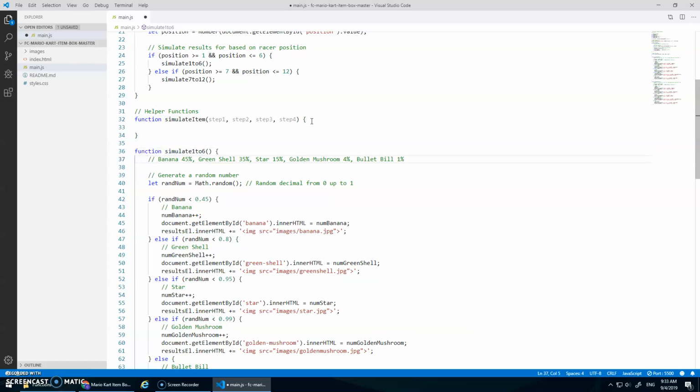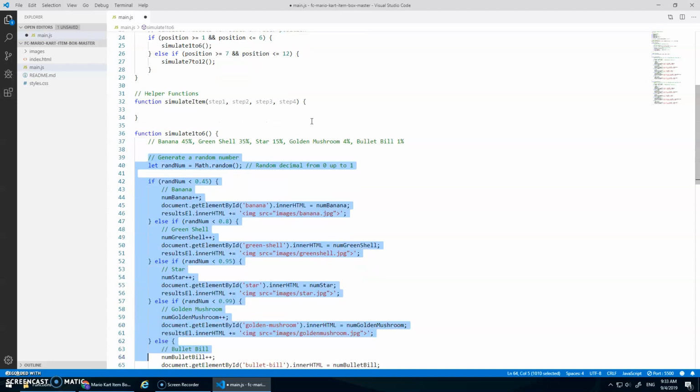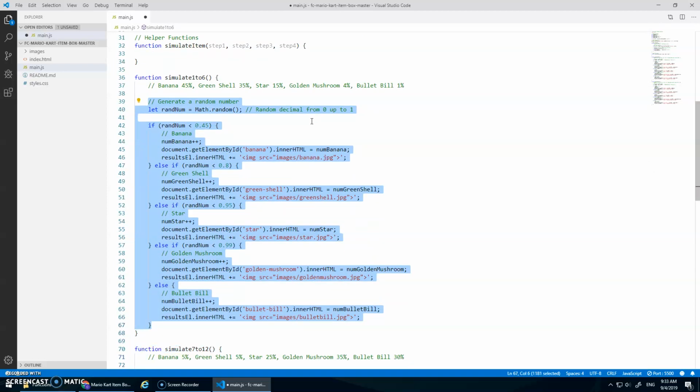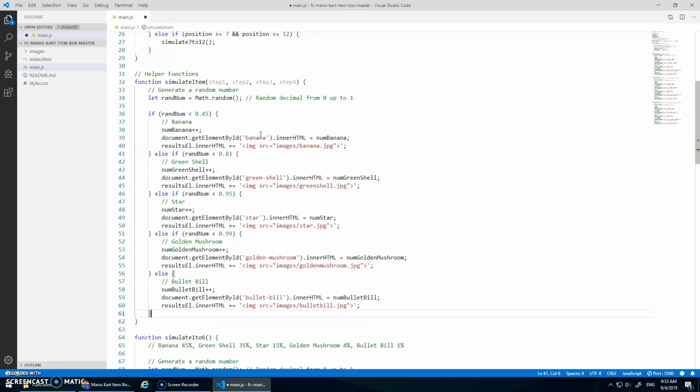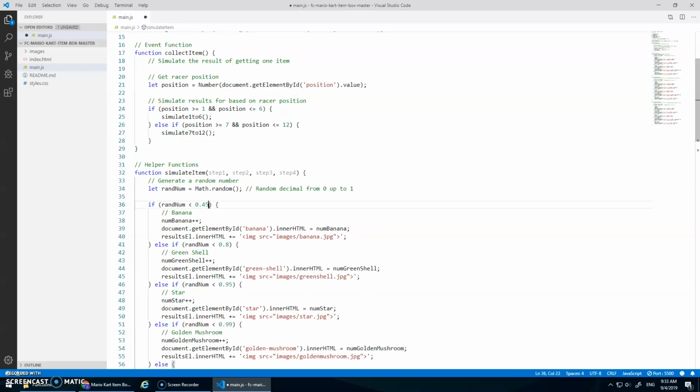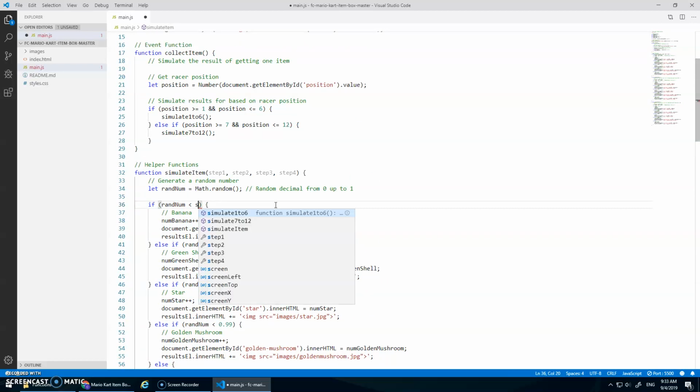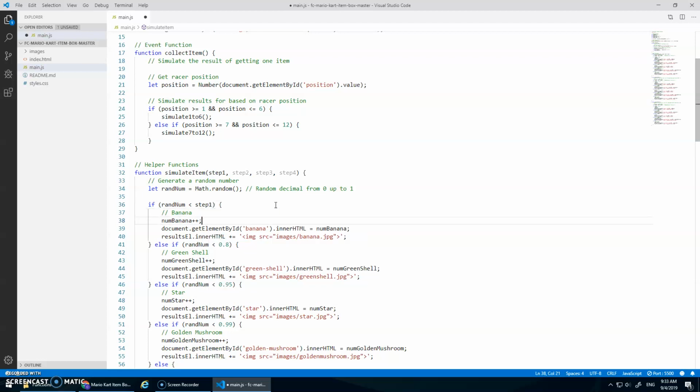Then I'm going to copy and paste all of this. Copy and paste. And basically, this 0.45 will be my step 1. Right? That'll be for my banana. And actually, maybe I could have done banana, green shell. Actually, maybe that makes more sense. Let's just do here, this is my banana step,